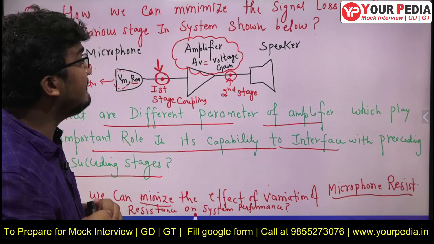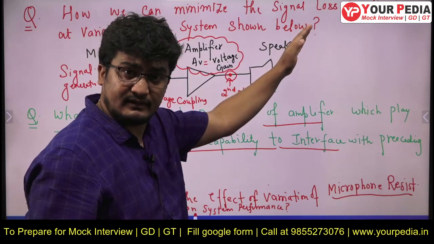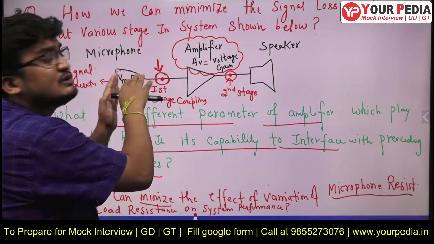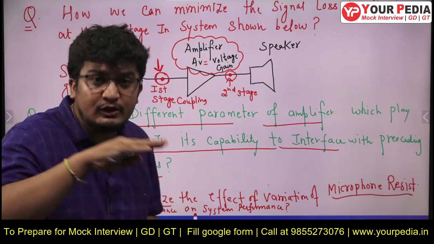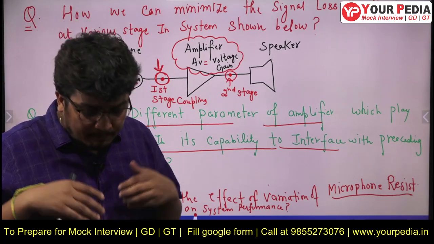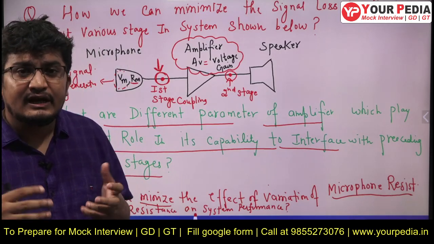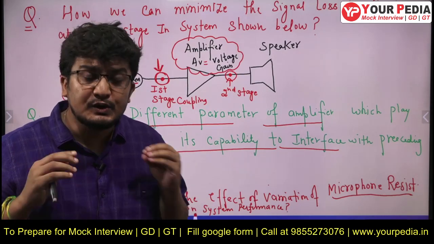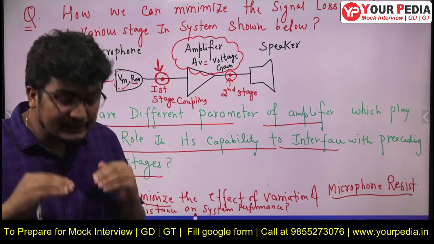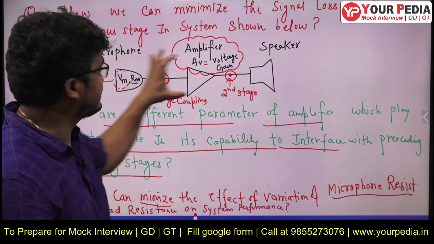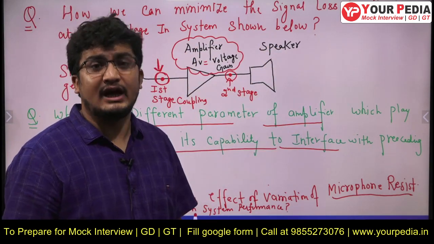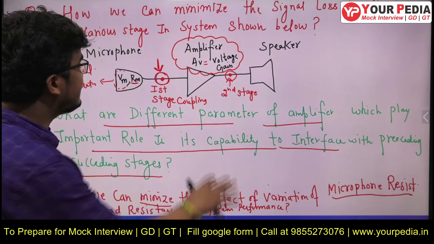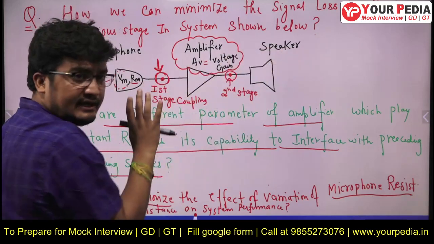The third question: sometimes it might happen that your load might vary over a certain range. Sometimes it might happen that whatever signal source you have, its source resistance may vary over a certain range. So by using an amplifier, what parameter should you keep in mind so that that variation has the least effect on the performance of the entire system? So whatever explanation I will give will hold equally and answer all these three questions. Fine. So this is basically the physical setup, how the devices were connected.